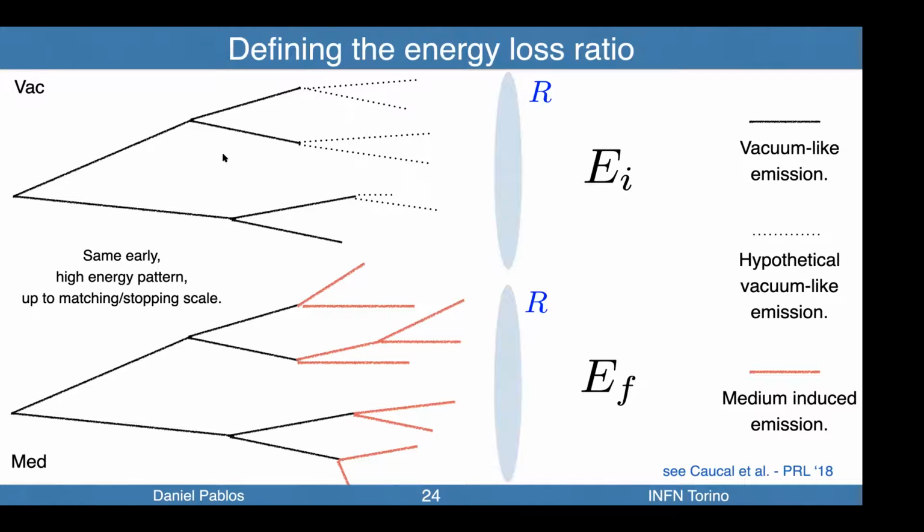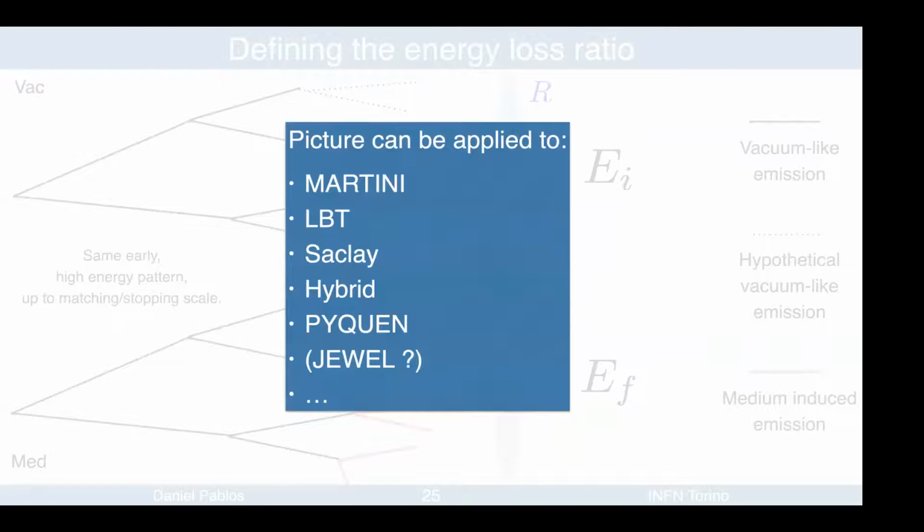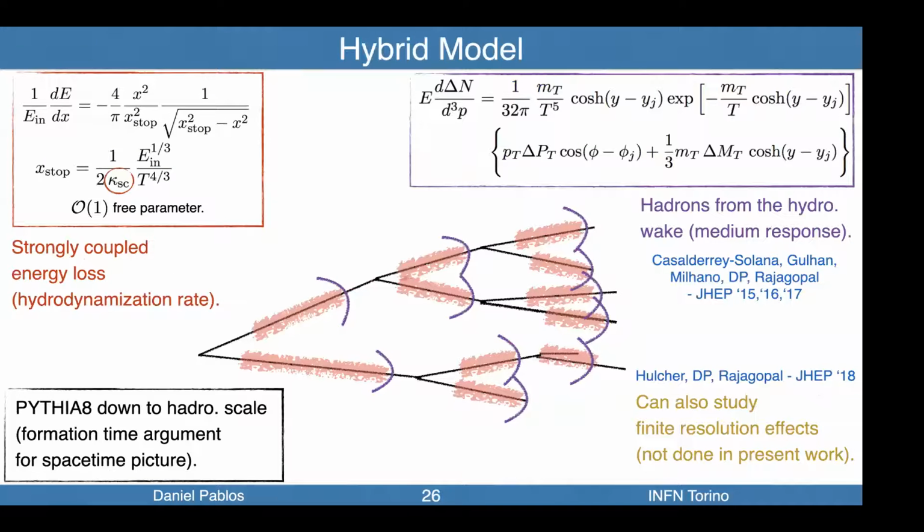If there are some scales that are defined by the vacuum inside the medium, for a widening of R given by the structure of jet collimation, the rest of the structure of the vacuum shower would have happened mostly inside of that radius, and therefore the energy inside that radius is well defined, even in the presence of the medium. This can be applied to several models. In here, I will use mostly the hybrid model, which has a simplified medium response that we are working now on improving.